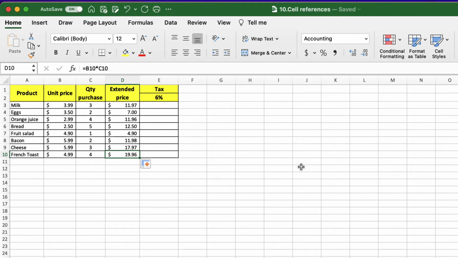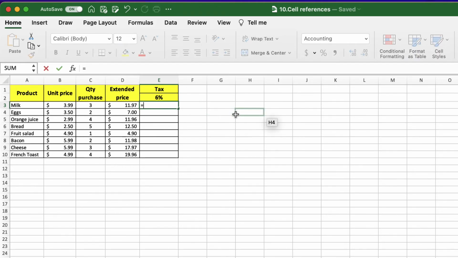For the taxes, all the rows from column D need to be multiplied by cell E2. So we will use a mixed formula. The first portion will be a relative cell reference, so it changes as we move down, and then the second portion will be an absolute cell reference, so it doesn't change.